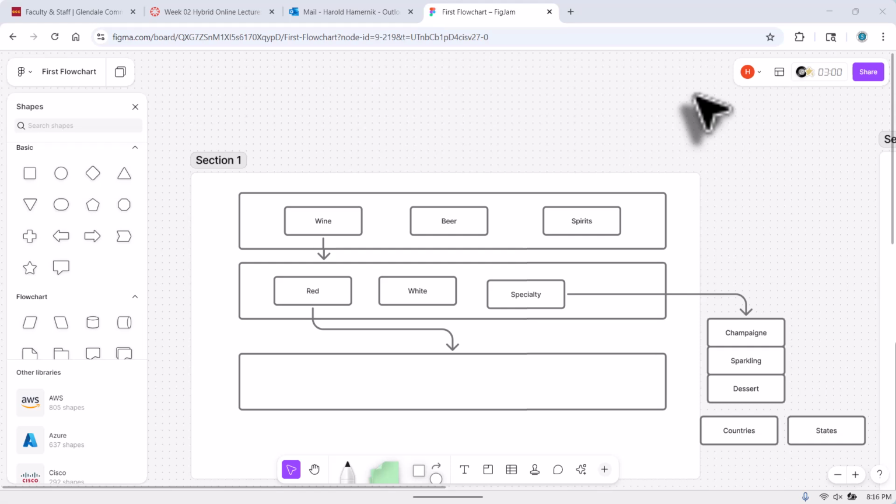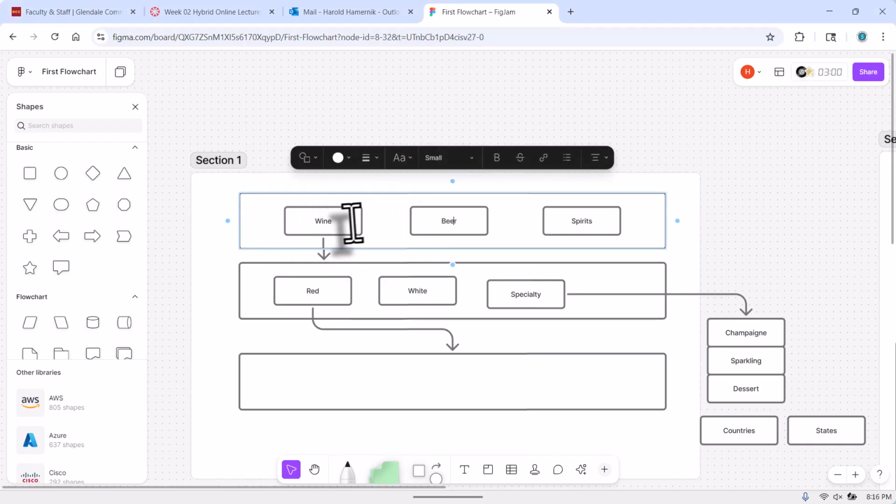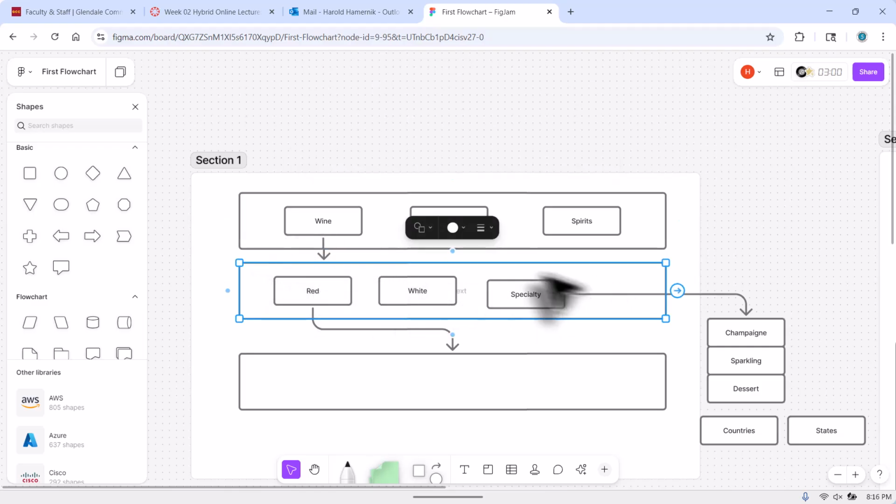Okay, we're in Figjam right now, and this is where we left off with our brainstorming session. Again, what we're trying to build here is a wine, beer, and spirits selector. So we had basically this first box here where we're thinking, okay, maybe start with wine, beer, and spirits. And then if I click on wine, then basically do my flyout of like red wine, white wine, specialty wines,